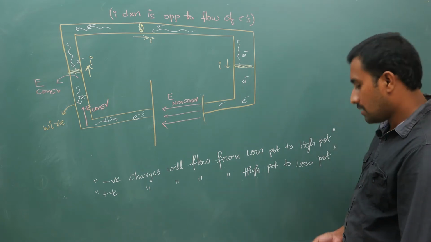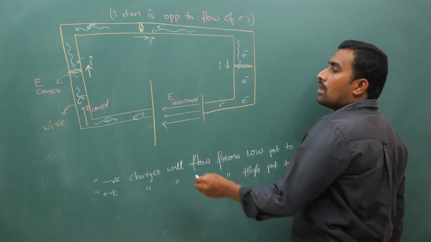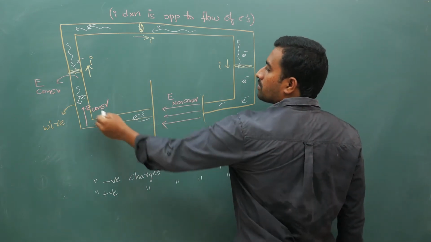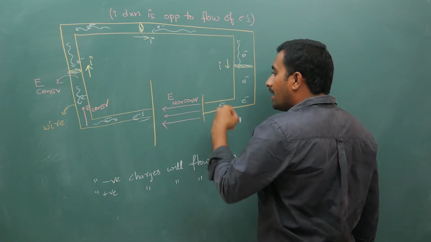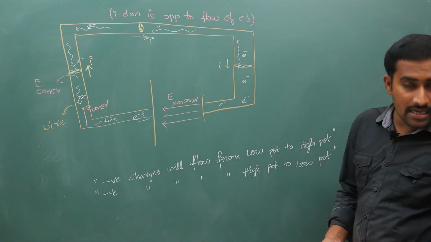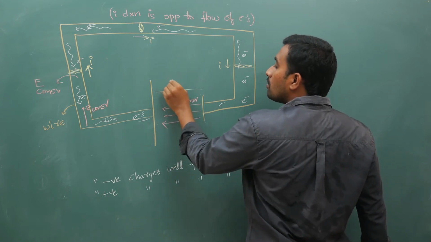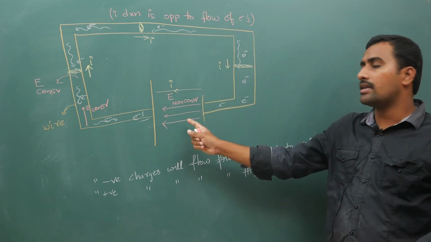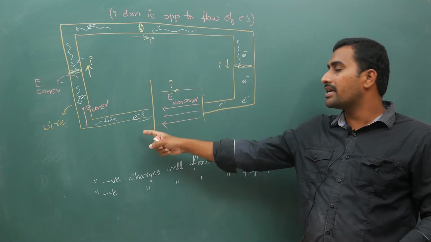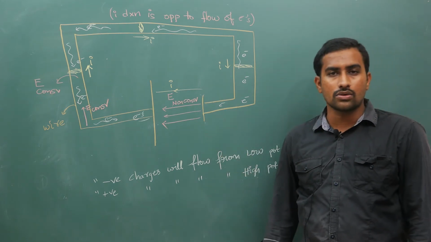So this is your electric current, and it flows from the positive terminal to the negative terminal outside, and inside the battery the current direction is from the negative terminal to the positive terminal. Outside it is positive to negative and inside it is negative to positive. Your current requires a closed path to travel.